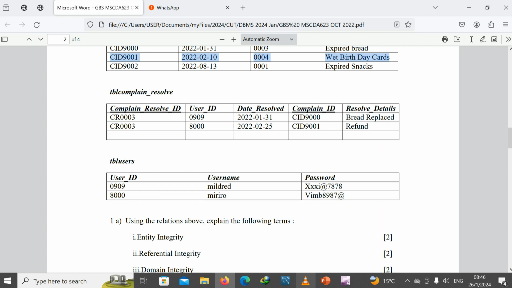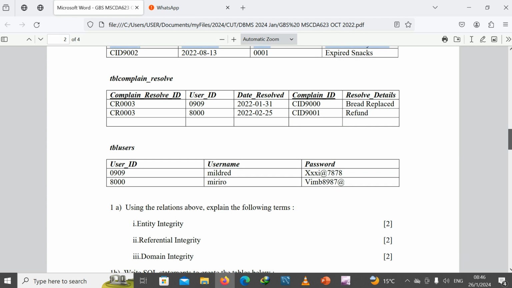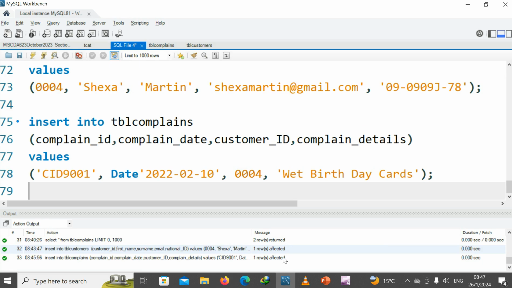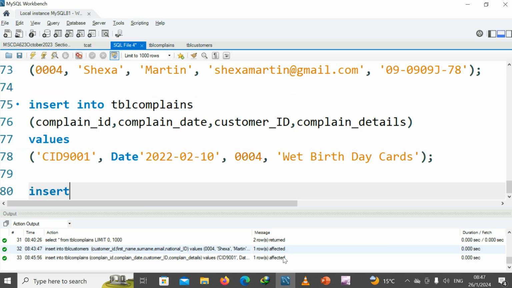I will just finish inserting records for these two other tables. So I will rush, starting with inserting into table users,